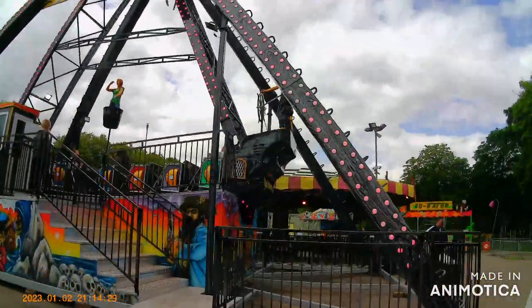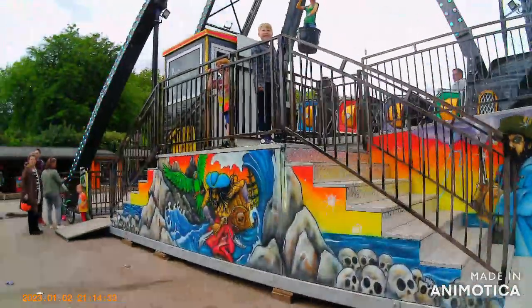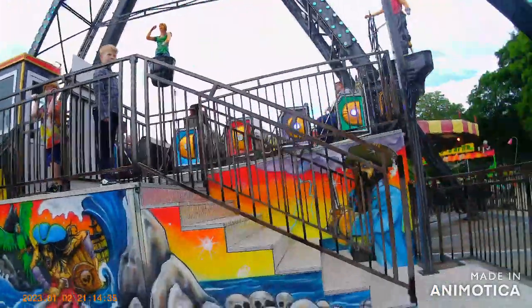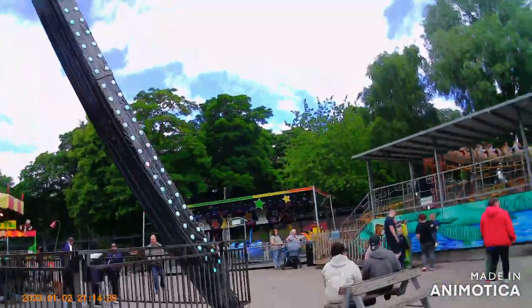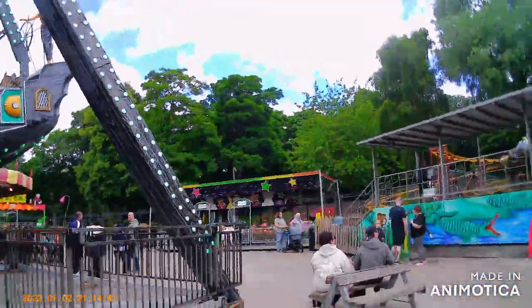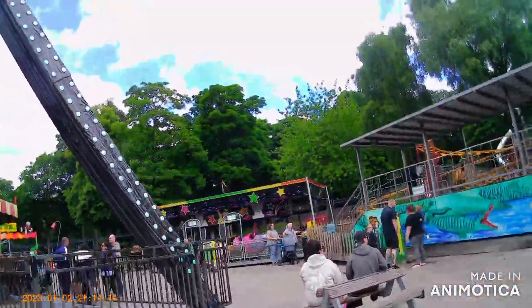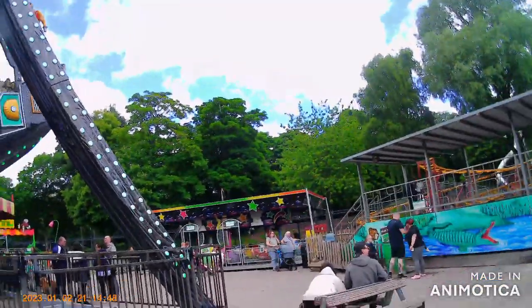Dodgems, that was more like a go-kart, because it's got the little island in the middle of the cars. There's only a couple of people on there, but you know, it was alright. And then Space Chase, it's got some good speed. It's actually really smooth as well. As you go around the corners, it's not like a jolt. Well, as you go on the straight sections, it kind of is, but it's a nice little flat ride, and